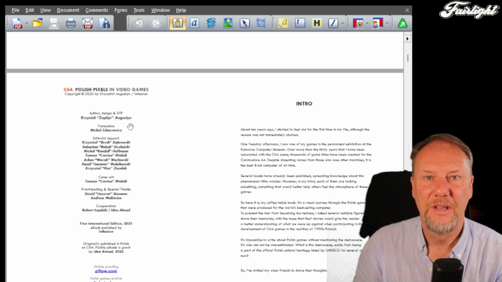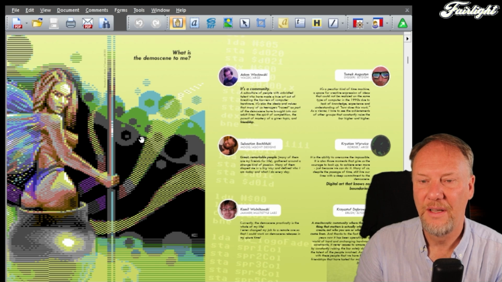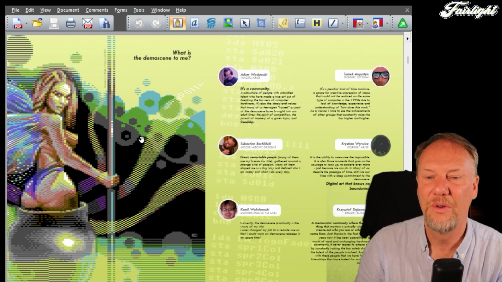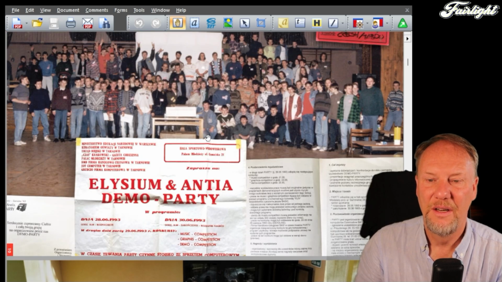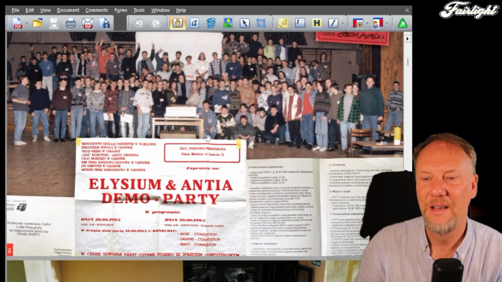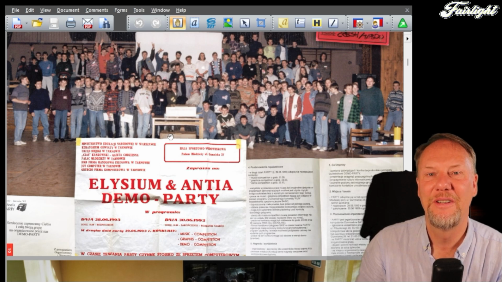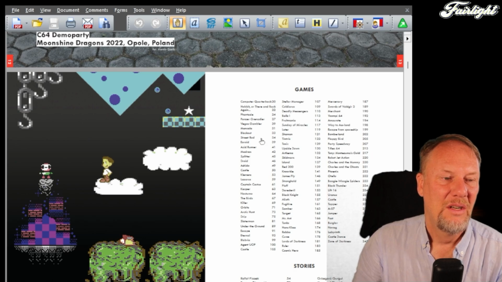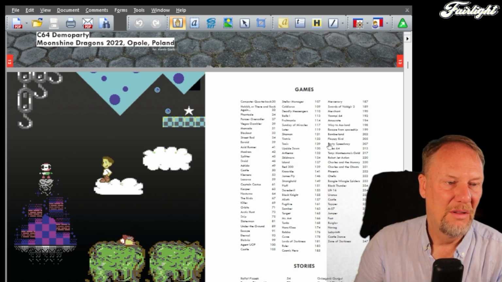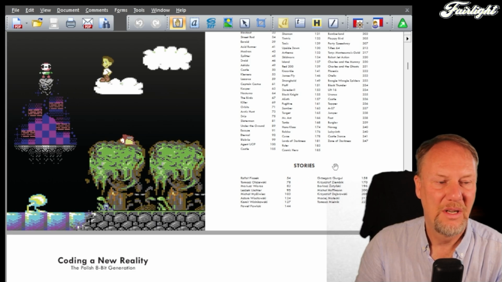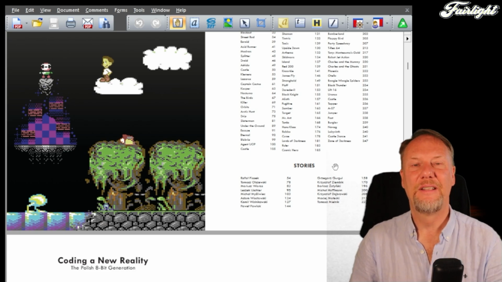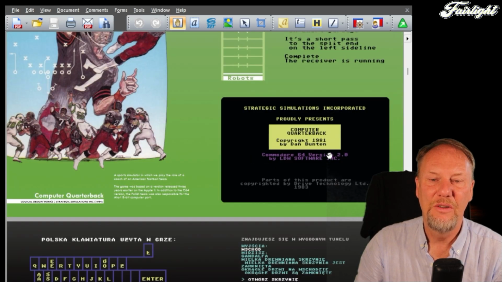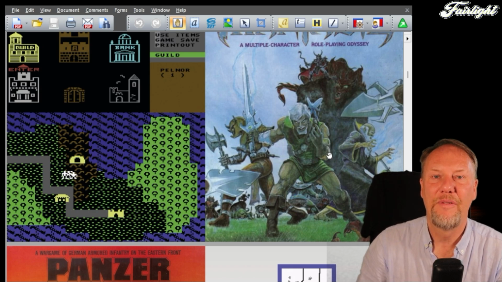The name, so Zephyr is the guy that did this, and he's here thanking a number of, no, these are comments from a few of the Polish sceners on what the demo scene is for them. A number of pictures from Polish parties, so this would be a key part of the Polish C64 demo elite. And here you have another one. This is more modern. This is from 2022. Okay, the games handled in the book would be those, and then you have a few stories. I would say they were sort of interviews with a number of key players in the C64 graphics scene in Poland. Yeah, super good. It looks absolutely beautiful,